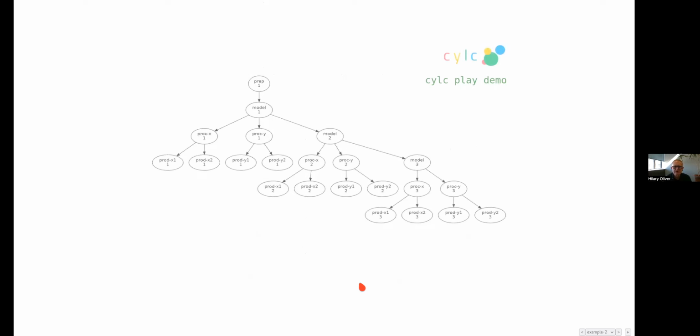I'm just going to show you what you can do at runtime with this. So you type cylc play demo. Cylc's going to start off by triggering this task, which has no upstream dependencies. And then as each task succeeds, the workflow is going to trickle through your graph like this. And you can see here we're running tasks from 3 separate iterations all at once.